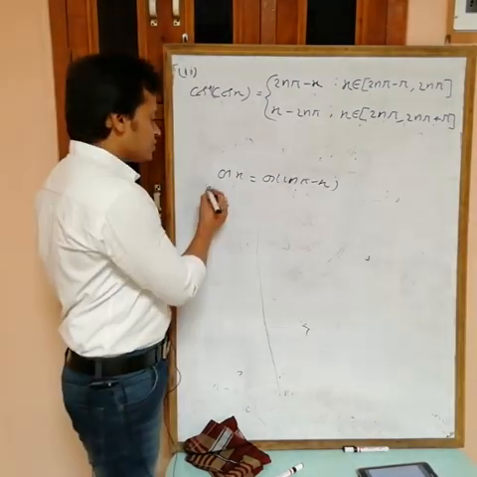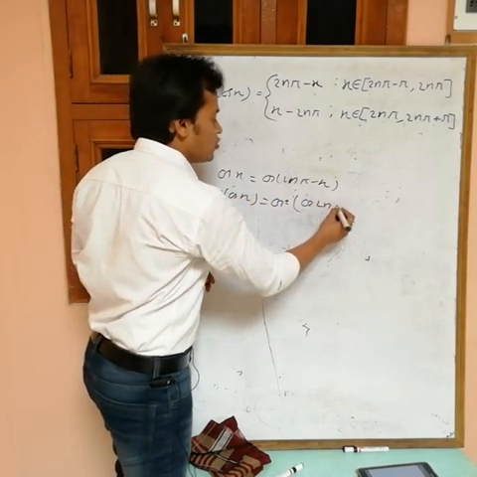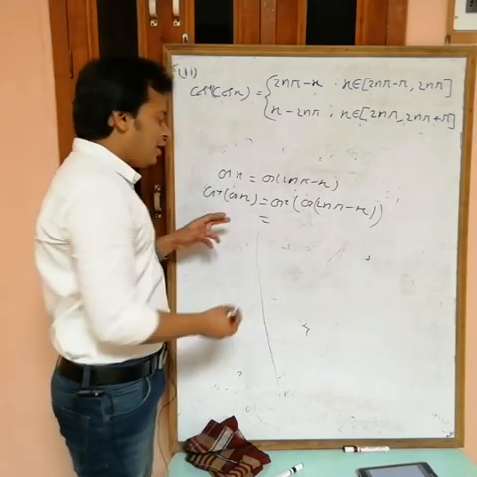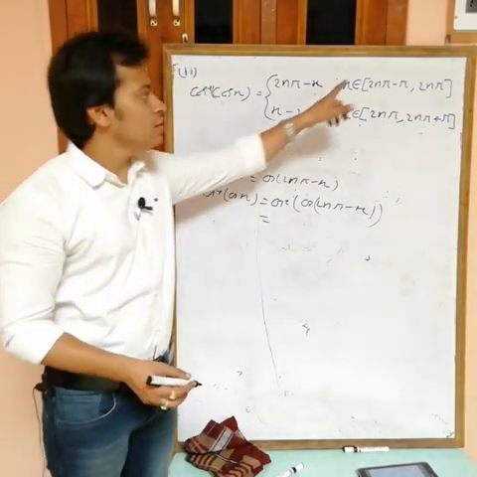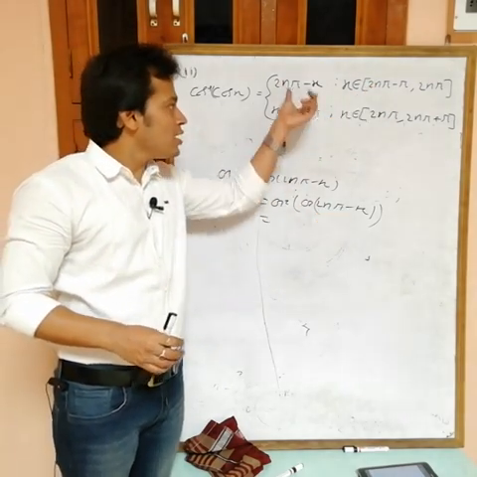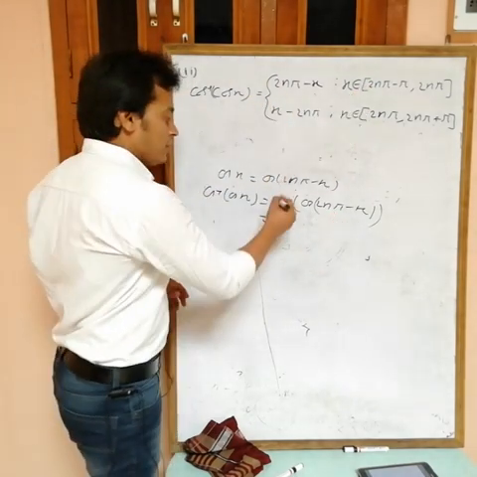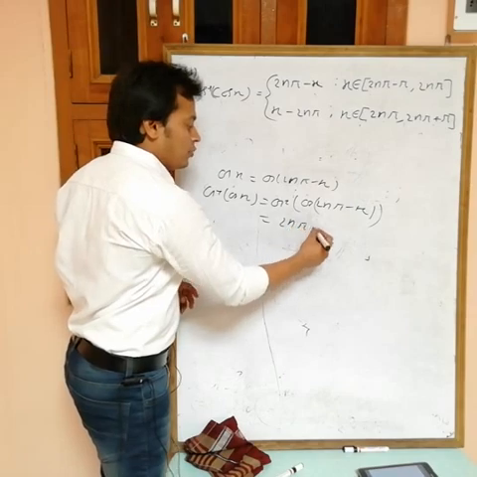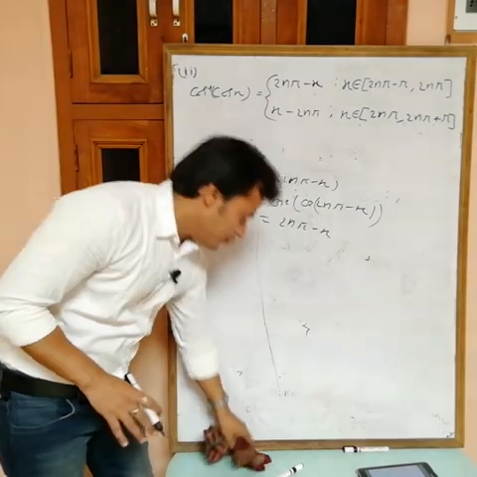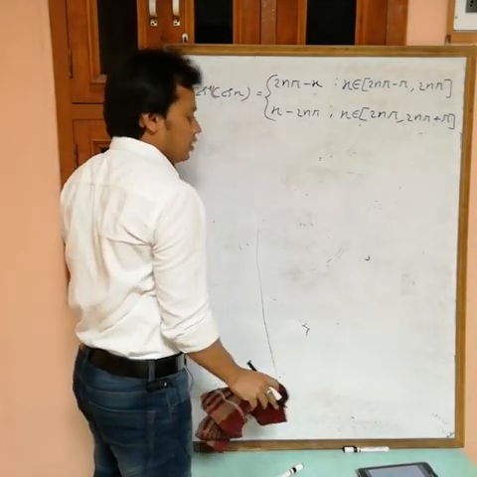Then take cos inverse of cos x equals cos inverse of cos (2nπ − x). Now here we can't cancel out, because x lies in this range and this is not from 0 to π, but 2nπ − x is from 0 to π, for this x belongs to this one. Then you can cancel out on this side, and what we get is 2nπ − x. Similarly you will get this one. But the proof is not necessary; what is necessary is how to remember this.